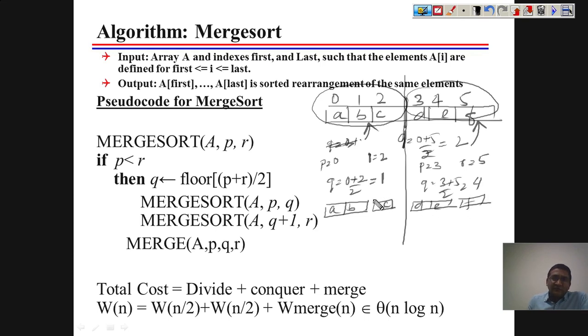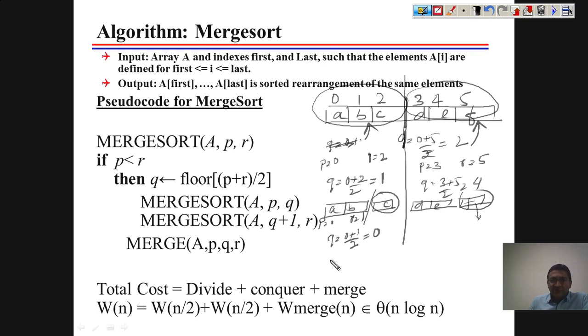Now this has already reached the situation where the array consists of one element. So we will not make a further call of merge sort there, but here we still have to call. If you see the status, P equals 0 and R equals 1. So you find 0 plus 1 by 2, that is 0.